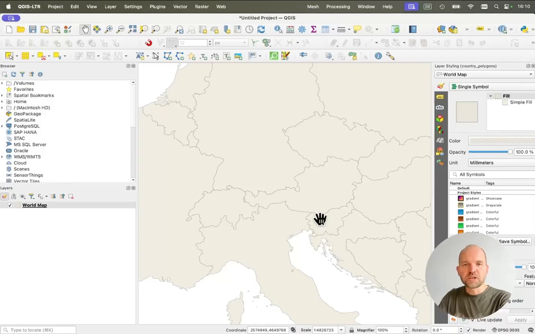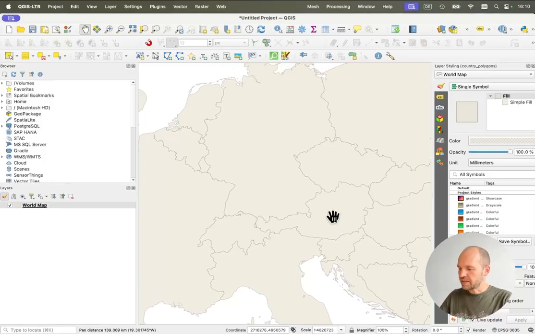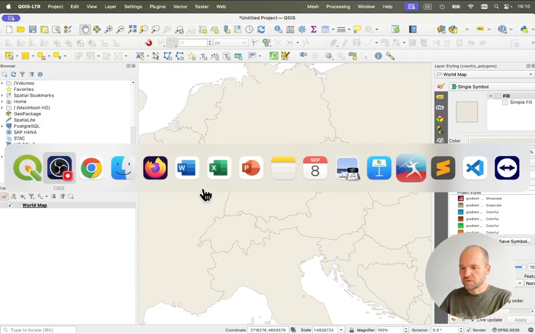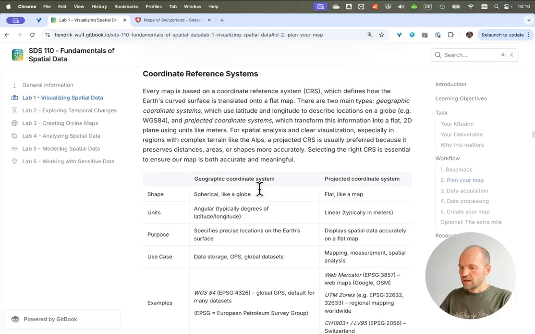Feel free to play around with different projections. It gives you a good feel, and if you work in a different area where you are uncertain which projection you should use, feel free to look it up or just ask. That's what we are supposed to do here, assisting you and helping you along your personal projects. So, focusing on the Alps, we set the respective coordinate reference system, and